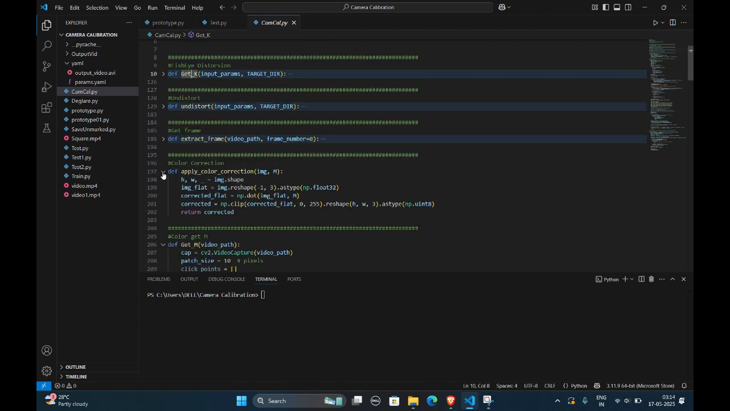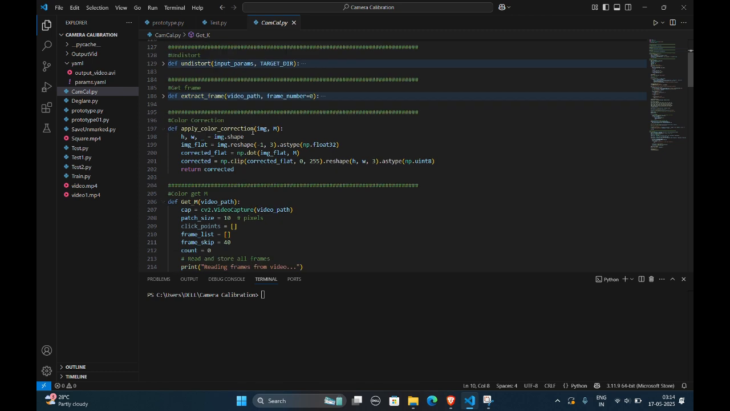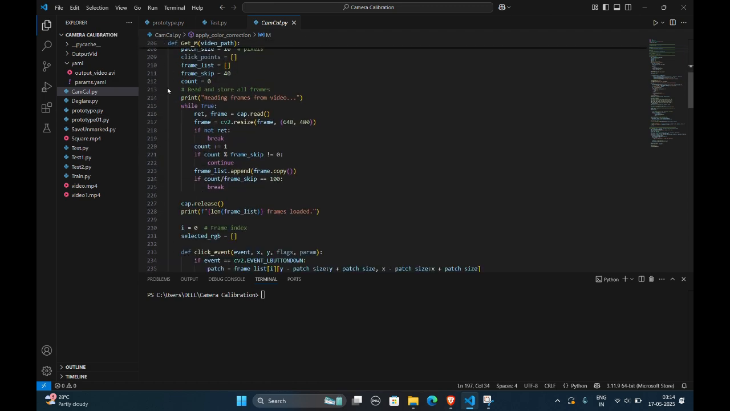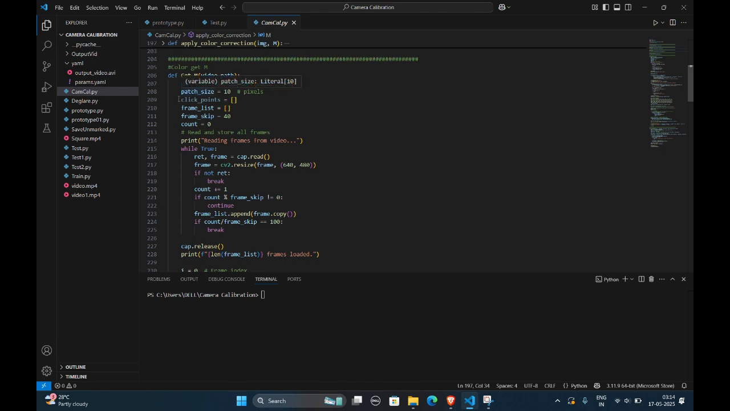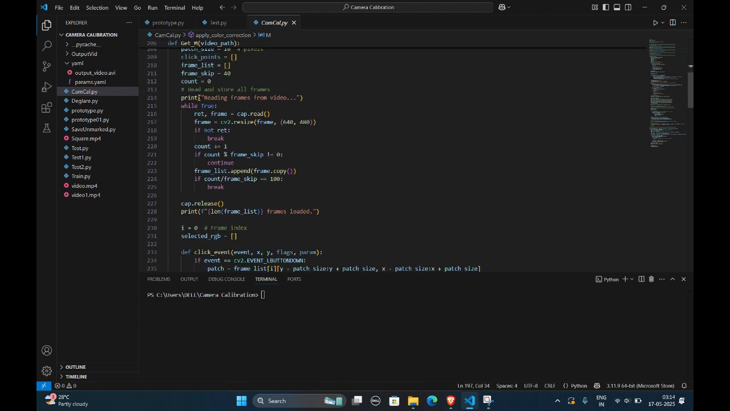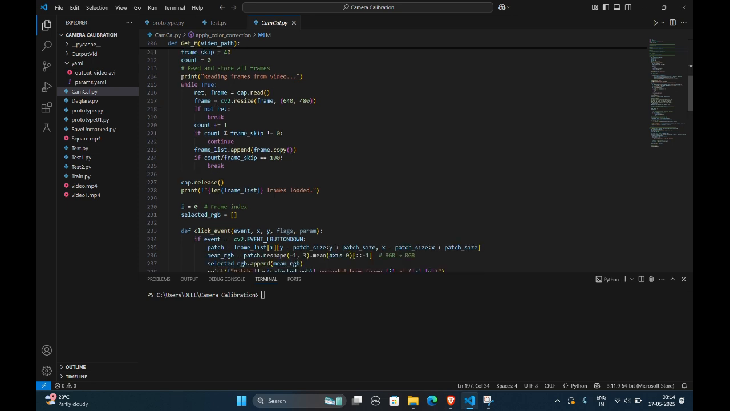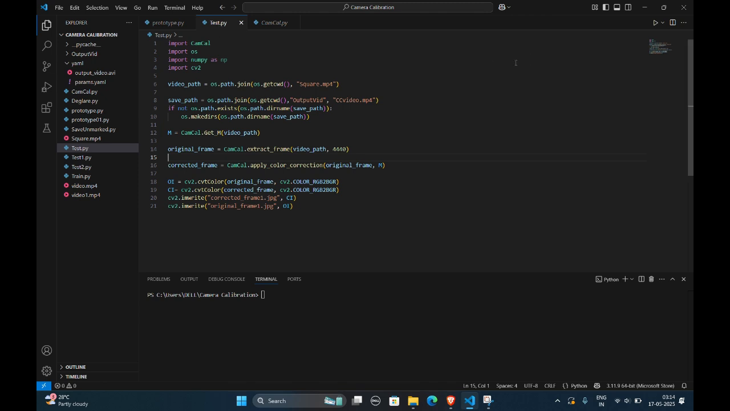And this is another function which is called apply color correction. In this function, we just apply the color correction. We give the input image and the color correction matrix inside, so it will give us the corrected image as output. And this function getM is used to get the color correction matrix. In this, what we do is we print out the frames, and let's run this code and wait for it to come. When you run this code, it generates a video path and save file path, and